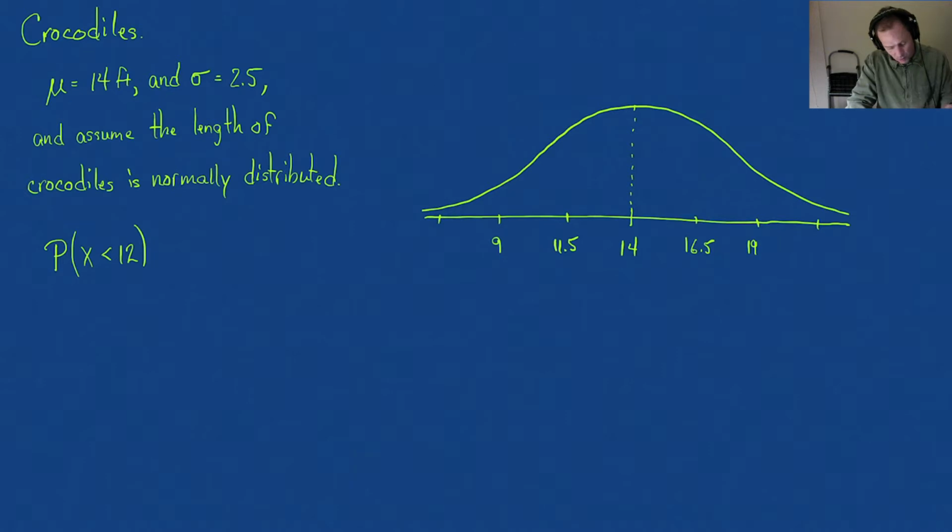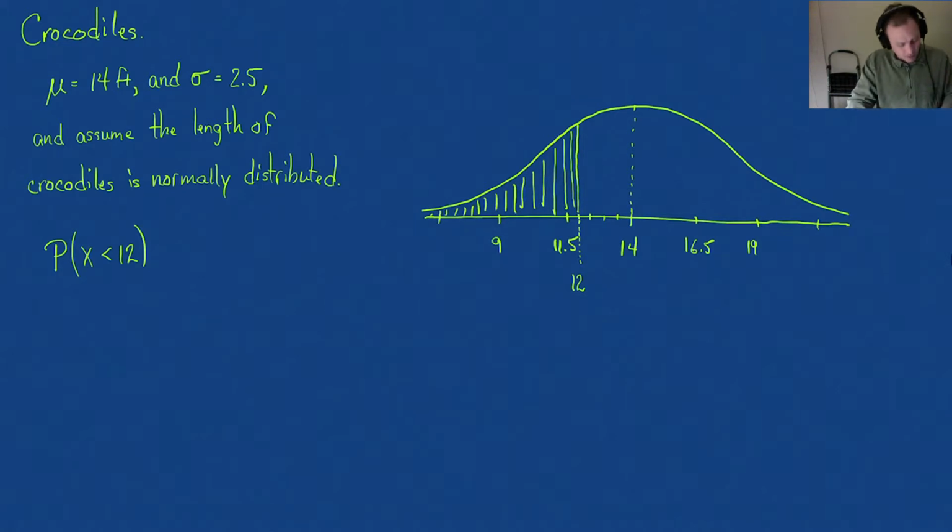So let's do that in white. Or we'll continue with this green, because we're going to need a few colors here today. So, 1, 2, 3, 4. So right there, that is 12. And we want this area right here. This represents the probability of a crocodile that's only